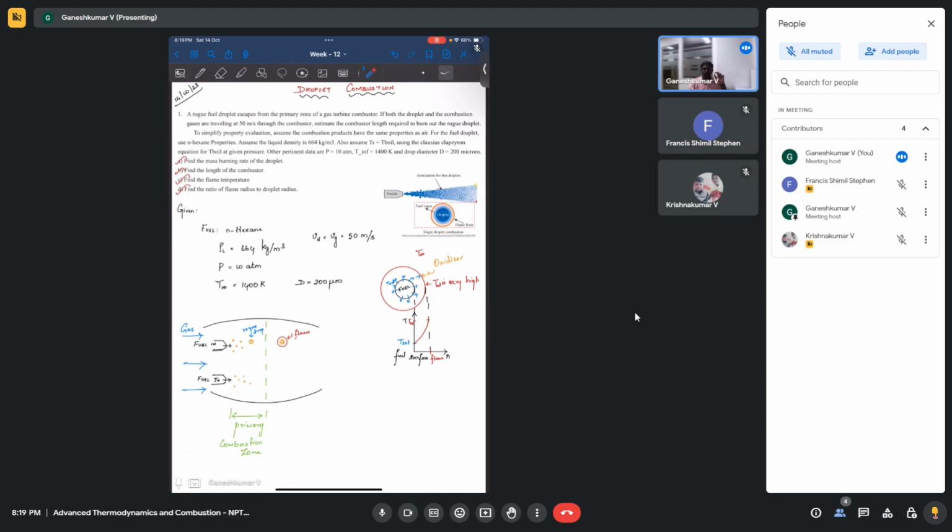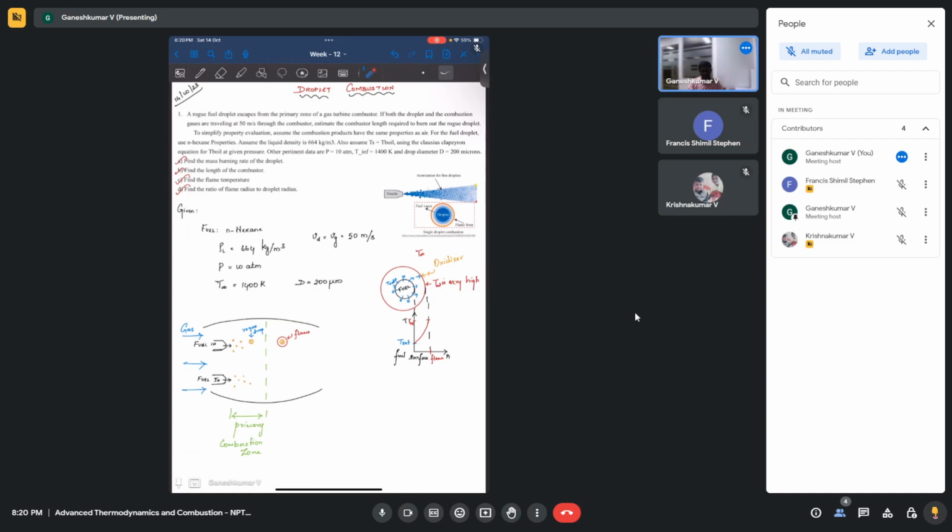It is quite easy with this framework. The reason is we know the droplet lifetime, right? The time it takes for the droplet to completely burn is the droplet lifetime. If we multiply this droplet lifetime with the velocity of the droplet, then we can approximately tell the length of the combustor. By the end of this combustor, the droplets will be fully evaporated, and we will be sure that only gaseous products will be entering the turbine.